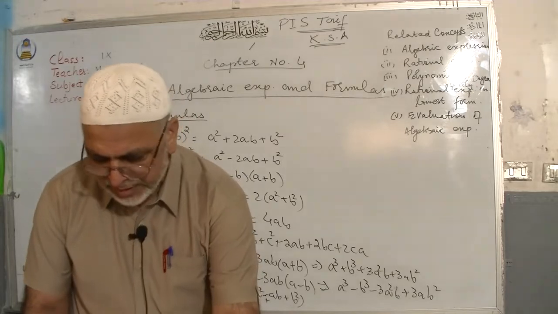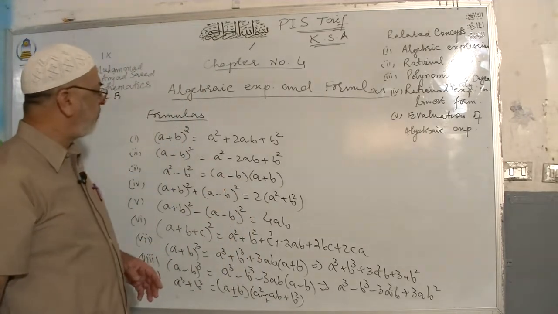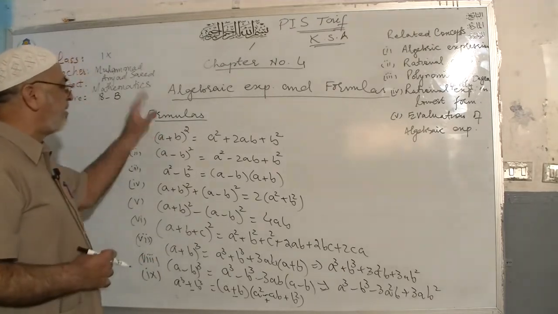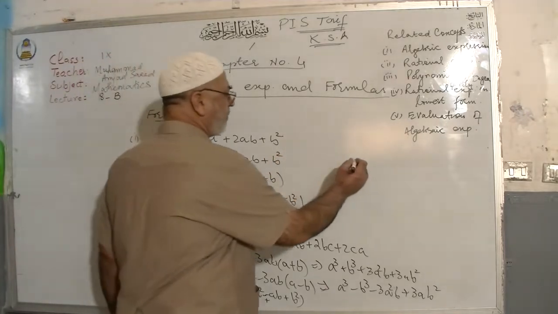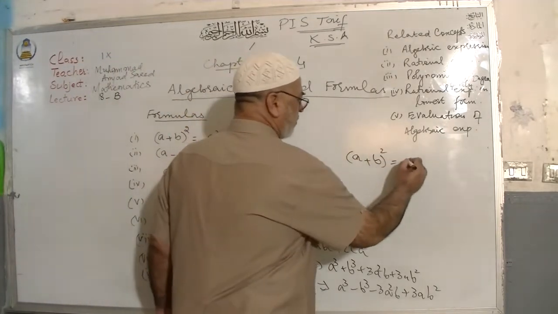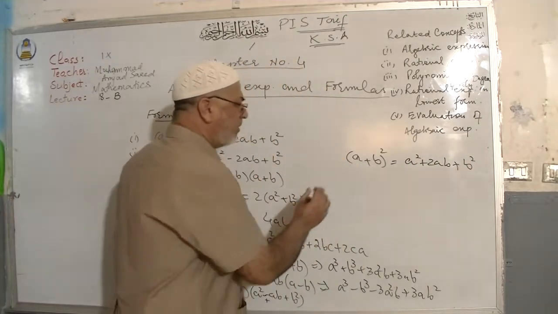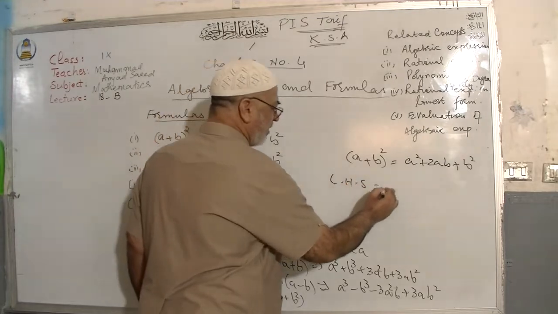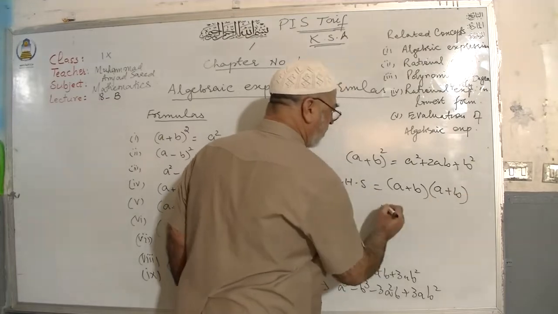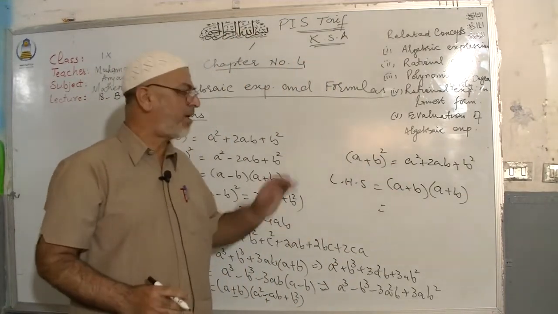So this is the way how to memorize the formulas. I hope that you can easily understand these formulas, and if you want to check their correctness, then you can take the left hand side and open up the formulas. For example, if you want to check (a plus b) whole square is equal to a square plus 2ab plus b square, then what you will do, you will take the left hand side, and (a plus b) square means (a plus b) into (a plus b). Now you can multiply and you can get your answer. This is the way how to check the formula.